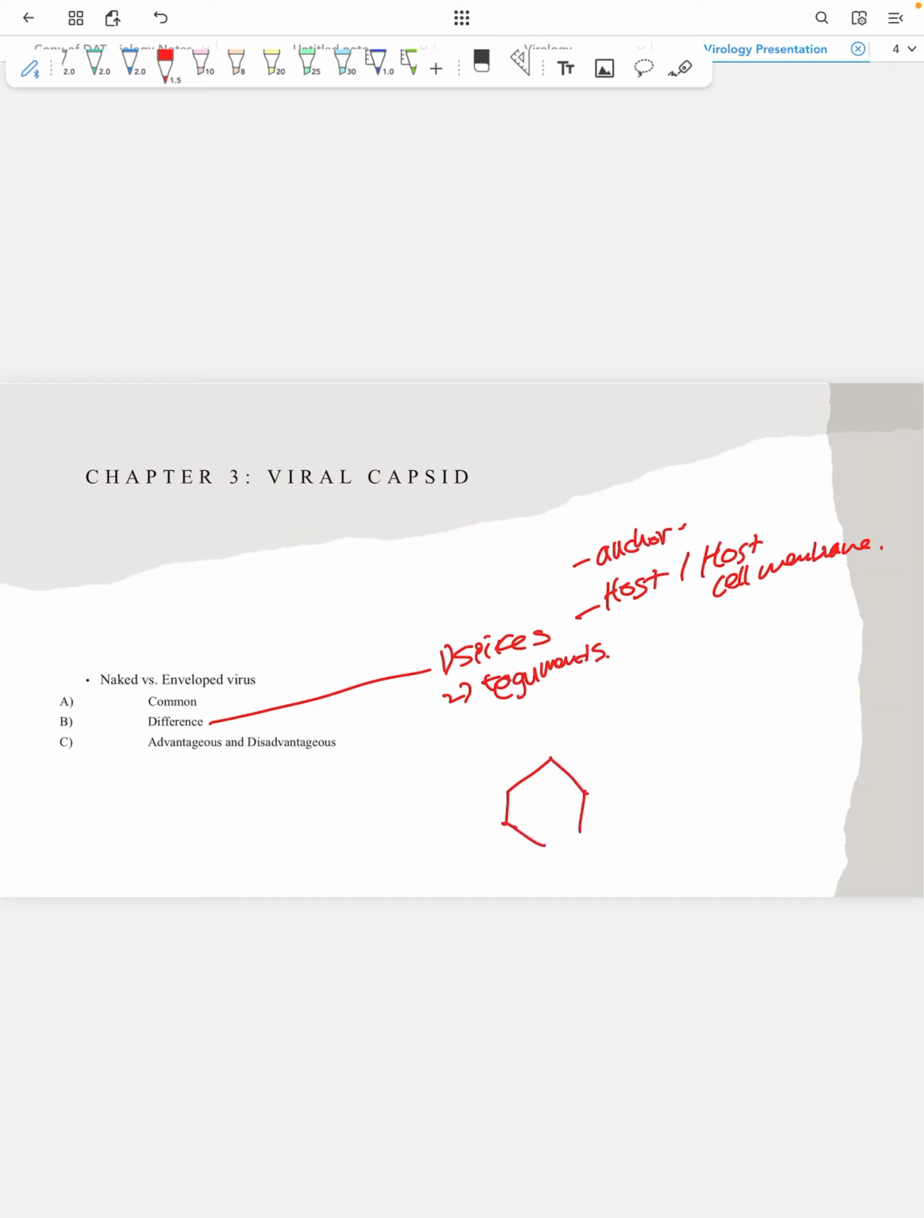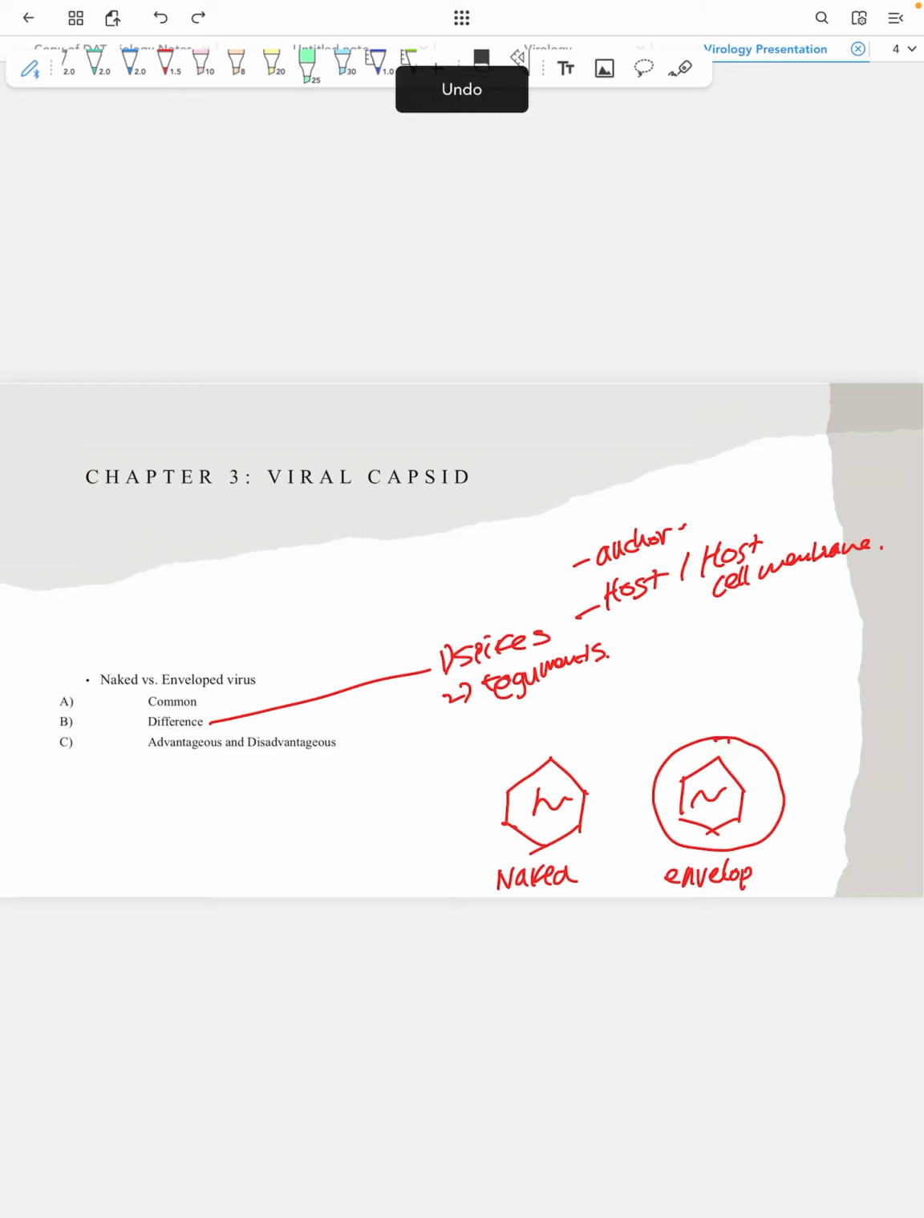So for the naked virus, it has a capsid and it has a nucleic acid. Enveloped has the same structure, capsid and nucleic acid, but it has an envelope structure on the outer side of the capsid. And the spikes are located, this is way too big. The spikes are located on the outside of the envelope structure for the enveloped virus,